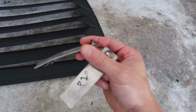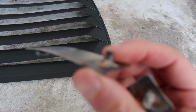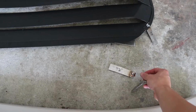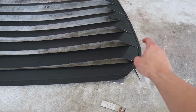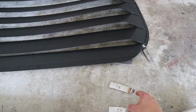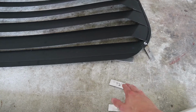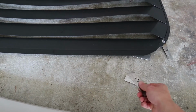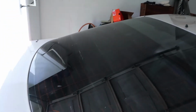Just steel plating with a little, I don't know if it'll focus, but screw welded to the top of it, and you curve them to the curvature of your window. Stick them down. I got 3 on one side, 3 on the other, and then I have little holes drilled into the louvers there. They go on, and you put a little bolt on them, and that secures the louvers to the plate and the plate to the window. So that's how that stays on the window. But yeah, got it off. That's what she looks like. All bare,